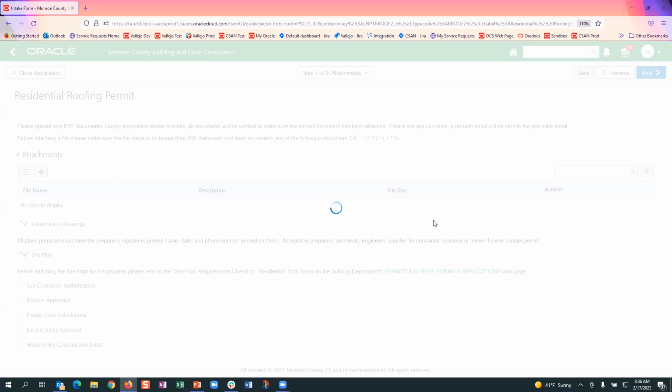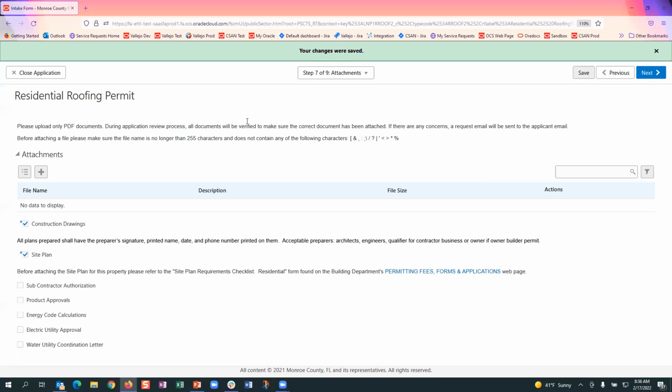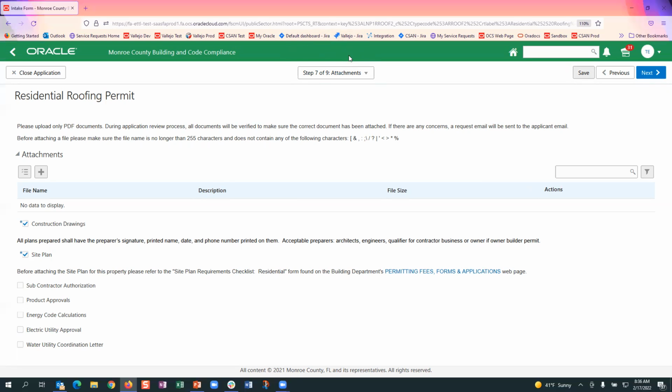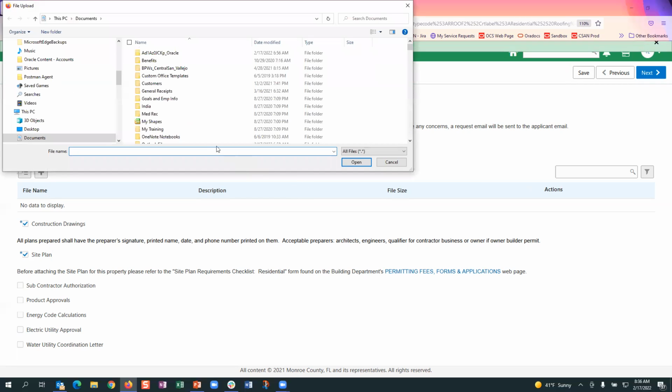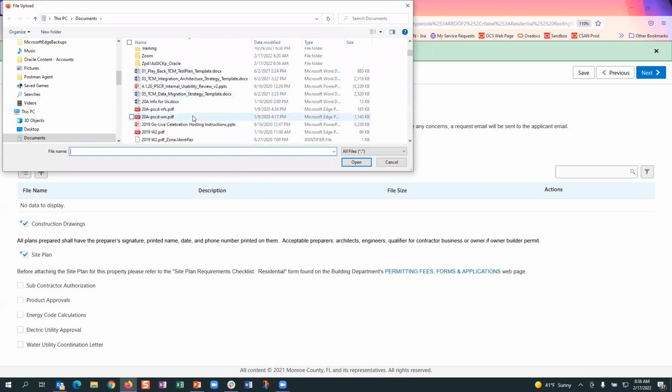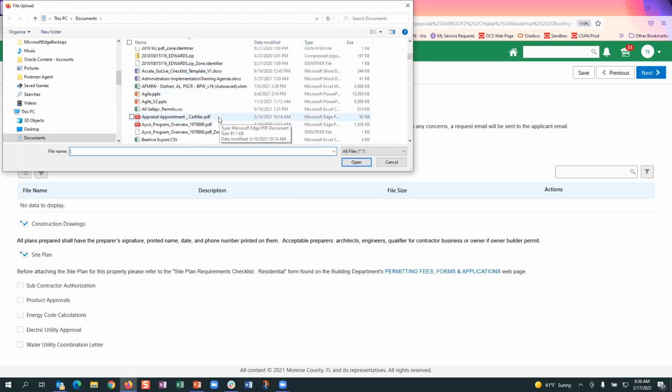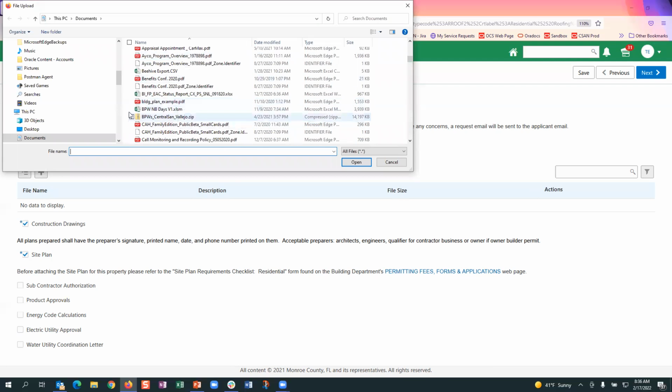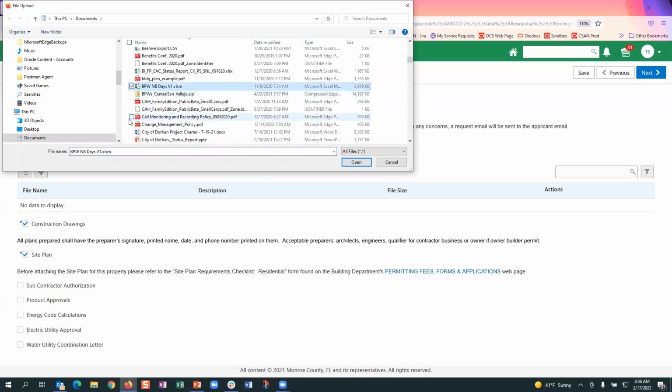So it's taking all of the information that you filled out so far and getting it seated and ready to go. We save it, and you'll see up at the top that little green bar comes down and it tells you it's been saved. Now I'm going to hit the plus button, and I'm just going to grab a couple of documents here just for the sake of it. So I'll grab, say, this